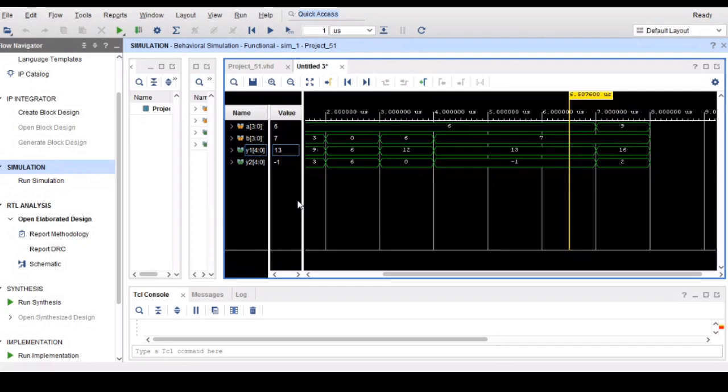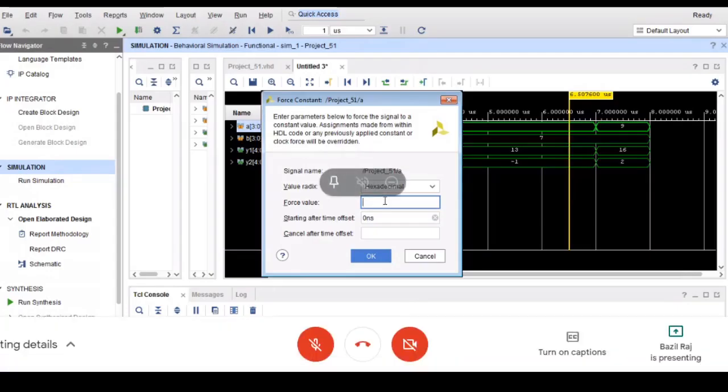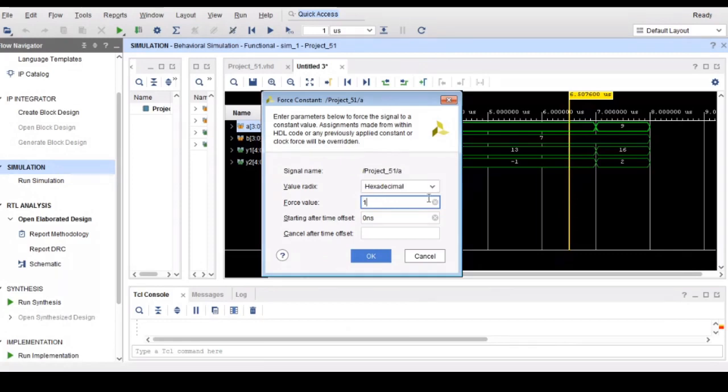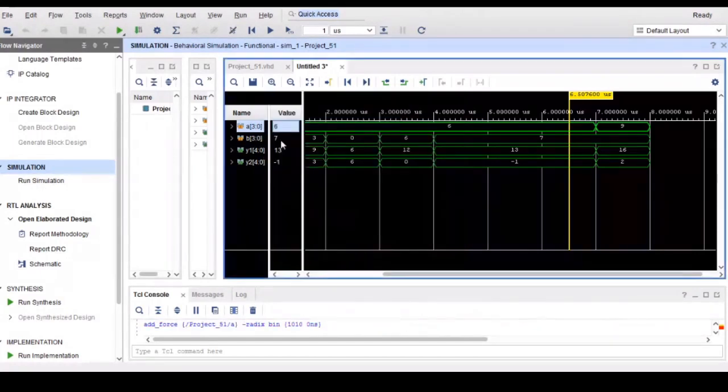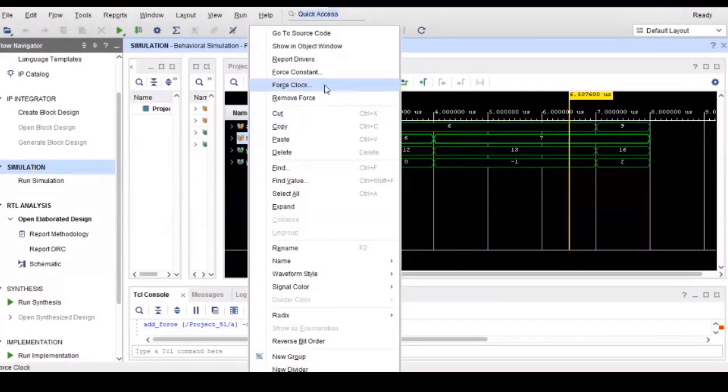You will get it done. But sir, the VHDL should show the correct answer in signed binary form, signed decimal form, no? Signed decimal form, 2's complement output only will come, no? One second, okay, sir, I will do it here. You tell me, force constant. What are you giving there? You are giving 10 for A, 1 0 1 0 you are feeding, and for B, F.